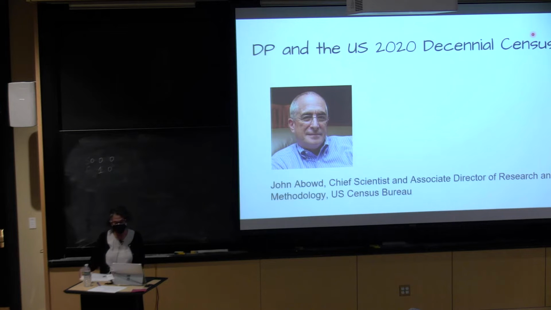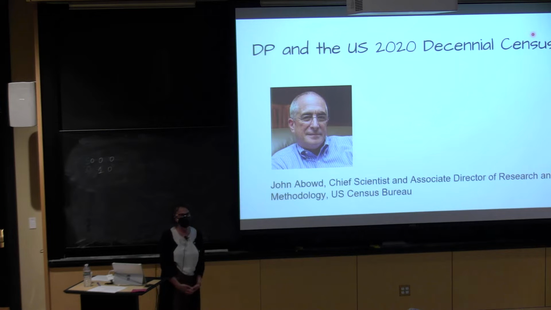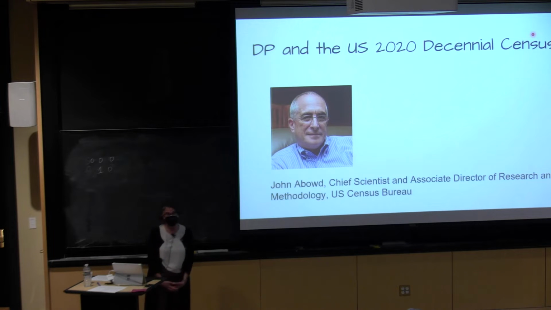So differential privacy is now widely used in industry. It's used by Google. It's used in every Apple device. It's used by Microsoft, by Uber, and so on. But it's not used comprehensively, even by the companies that make the most public emphasis about their dedication to privacy. The census is completely different.